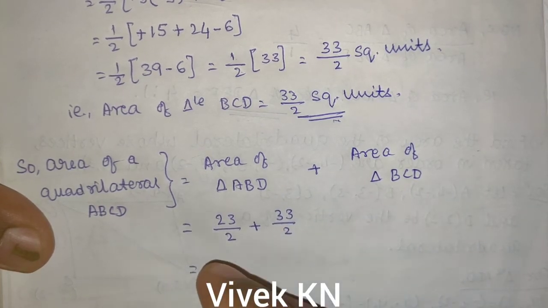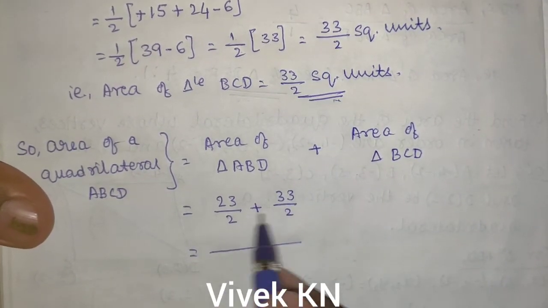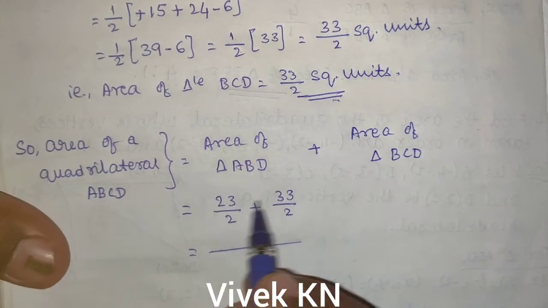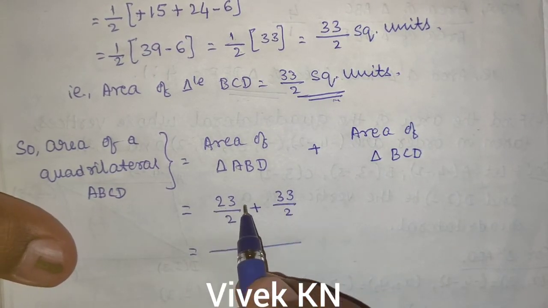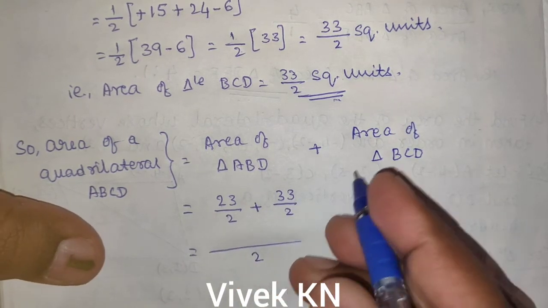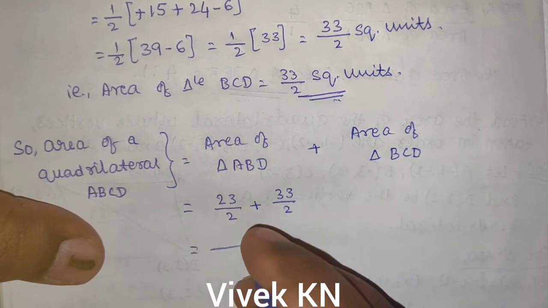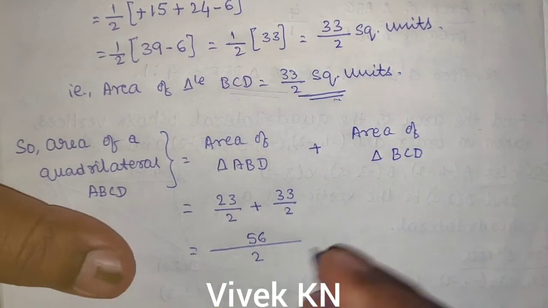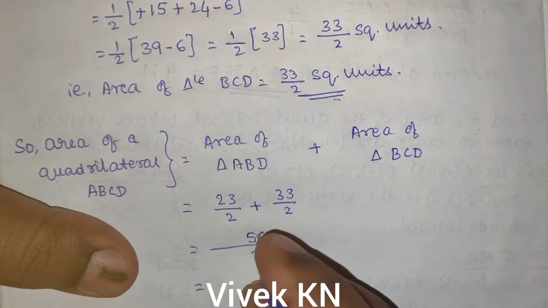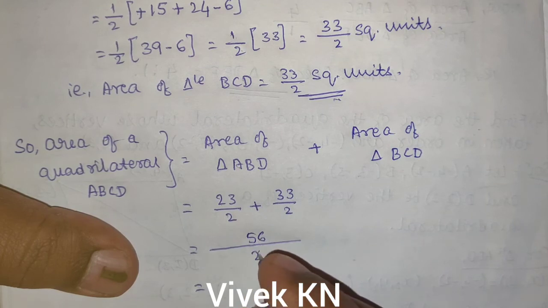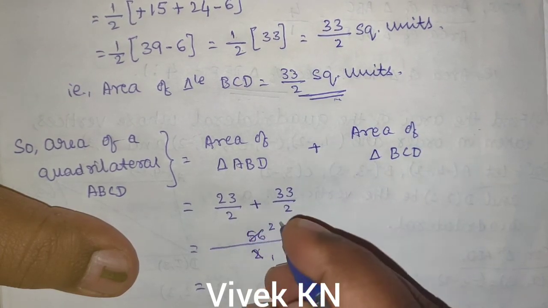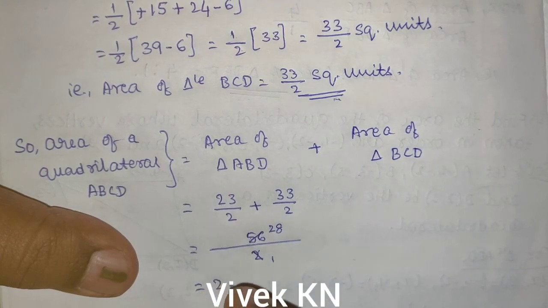Now here the denominators are same, so adding numerators, that is 23 and 33, we get 56. 56/2, which is equal to, dividing 56 by 2, we get 28 square